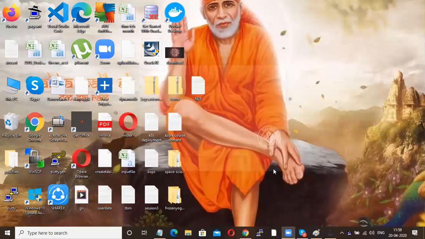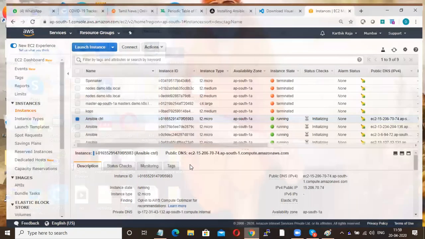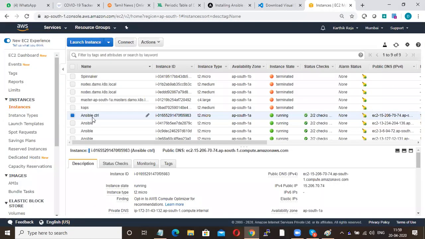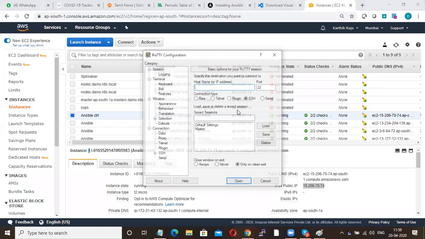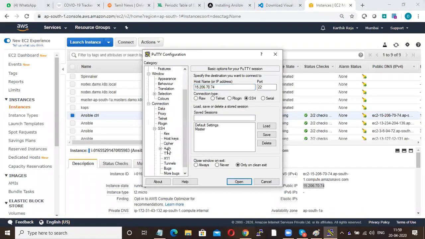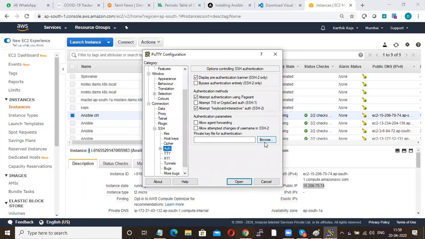Then from here on, I'm going to do all the activity from my control machine, and the activities will be done only on the slave machines, because Ansible is a push mechanism. So note down your control machine IP, open your PuTTY, and copy it here. Usually you will load your PPK file here, right? Now just tell PuTTY to take your respective PPK file from Pageant. That's it.